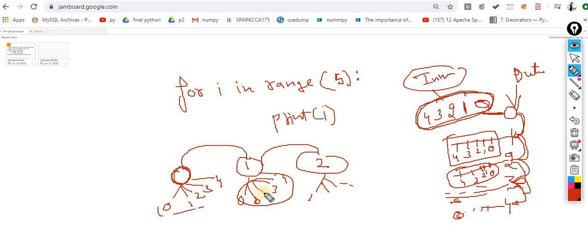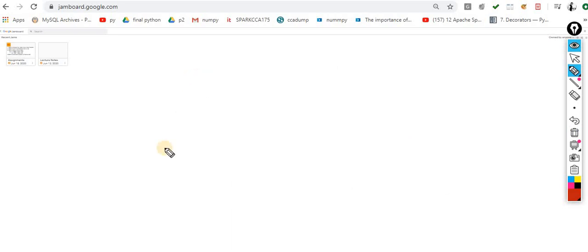Now this is the basic fundamental to understanding the nested for loop. These outer steps are handled with the help of the outer for loop, and these inner steps would be handled with the inner for loop, or you can say the nested for loop. Now understand the scenario, how we can perform this.